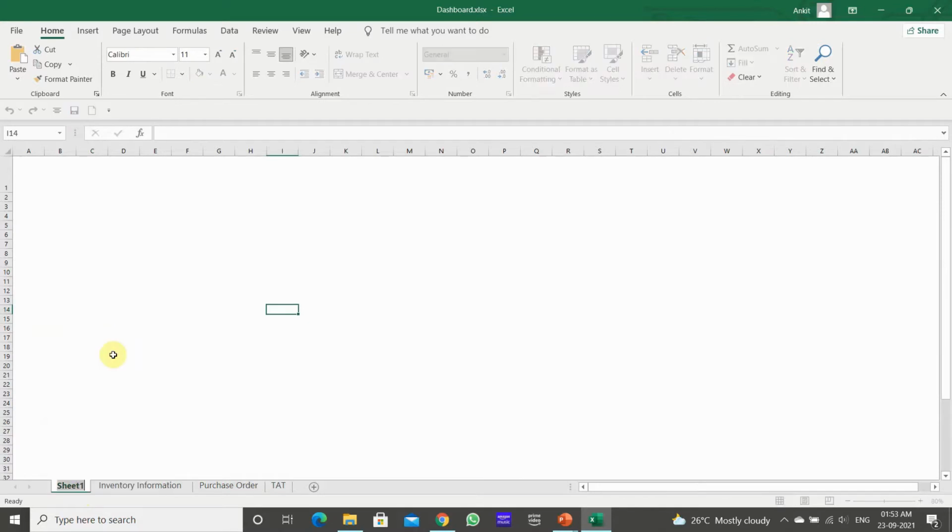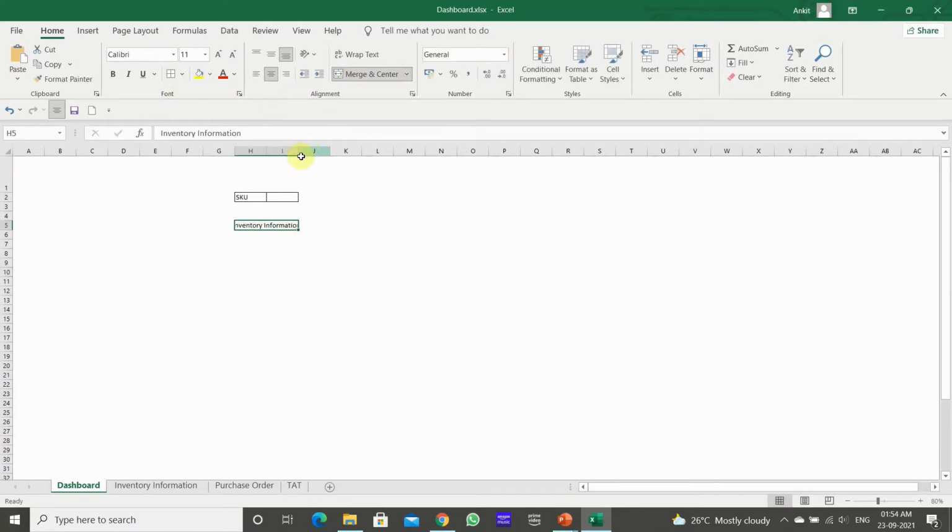Let's put the name here, dashboard. First of all, let's enter the SKU, which SKU information we want to see. Now inventory information, and let's merge it.